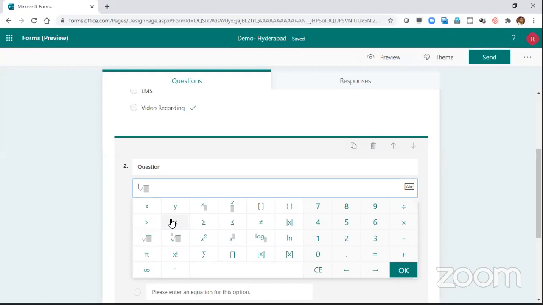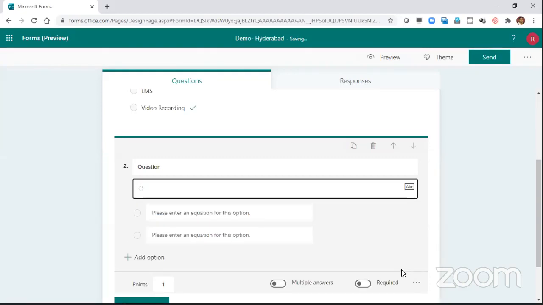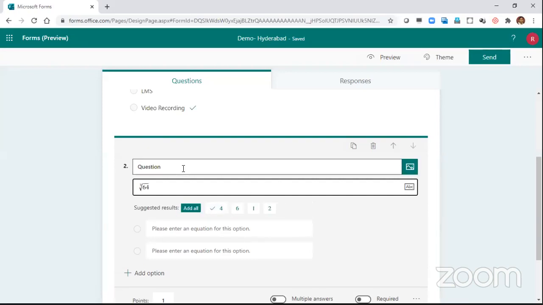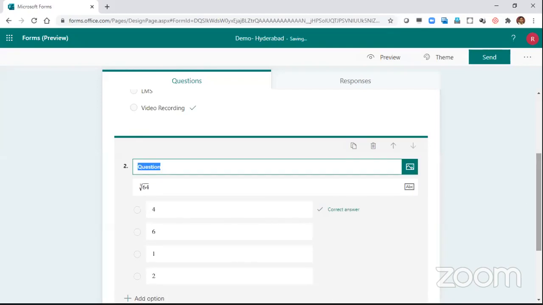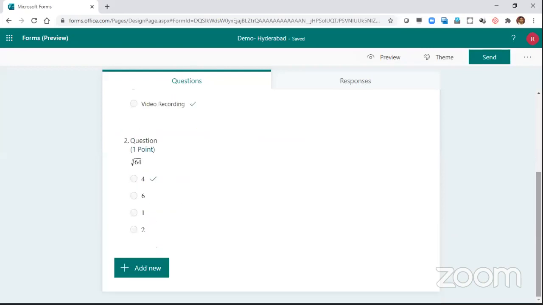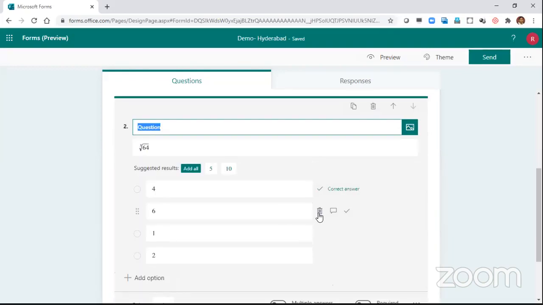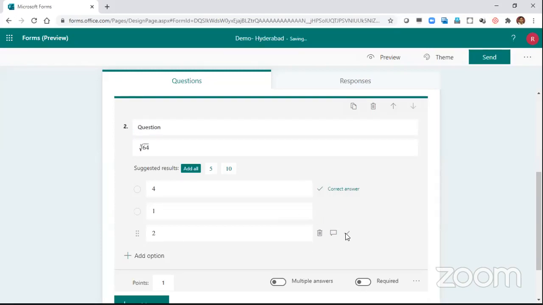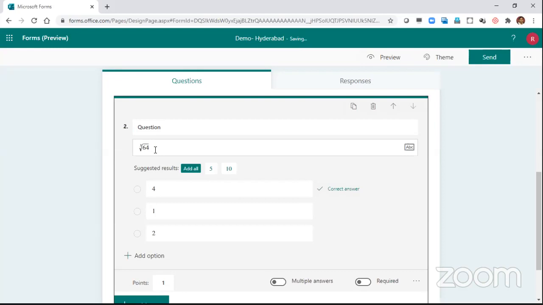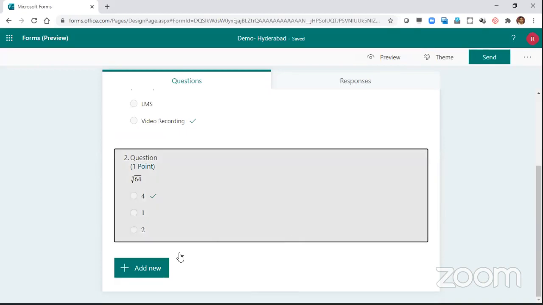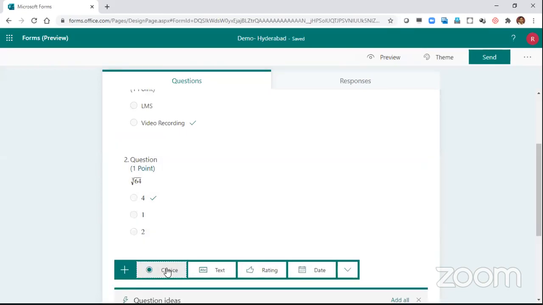Let me just show you one simple. Now, cube root of. Okay, that's your question. See, the question is cube root of. So the answer, see, Google is smart. I mean, Microsoft is smart, so it'll give me the answer. If you want to put it right away, you can just say add all. If I don't want 4 options, I'm sorry, I don't want 4 options, just go to that and delete that. Okay, and 3 options are okay. So it knows that cube root of 64 is 4. Otherwise, manually put the things. So you can add equations using the math.